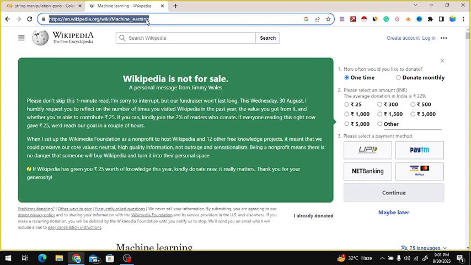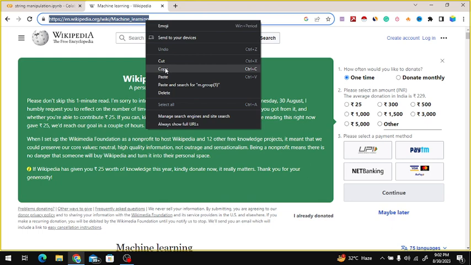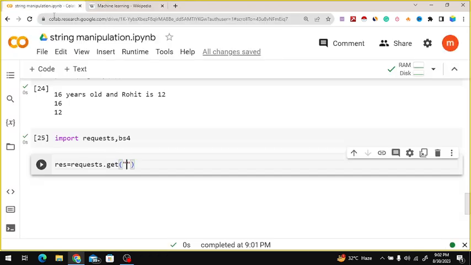So it's a copy and paste. Now it's copied, and I paste it here.